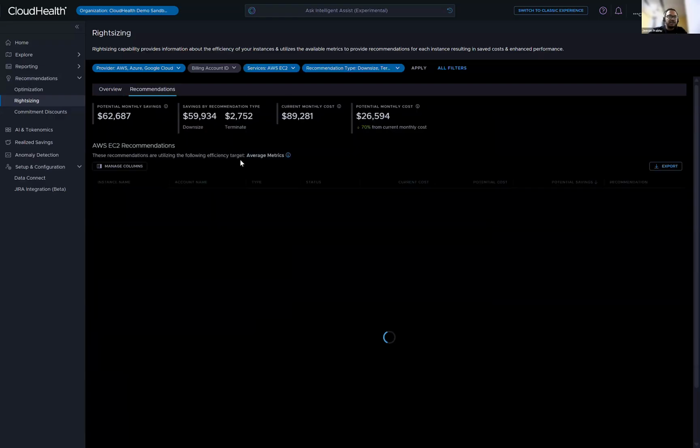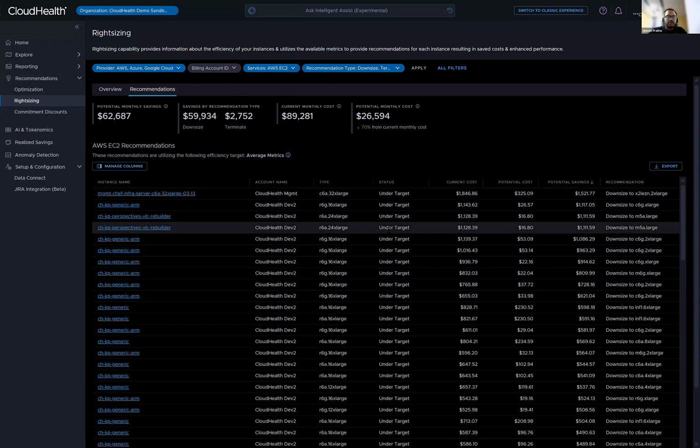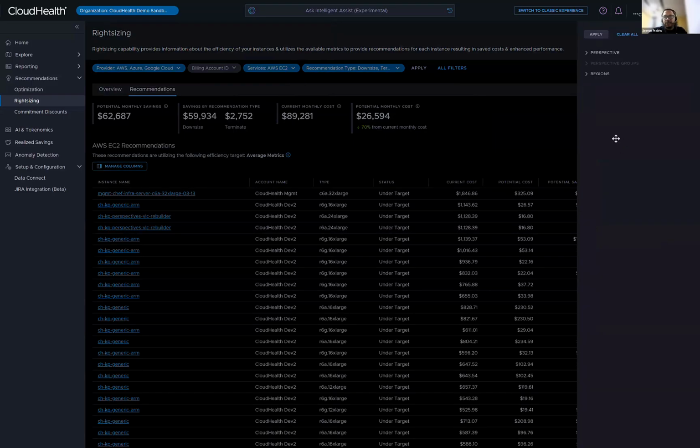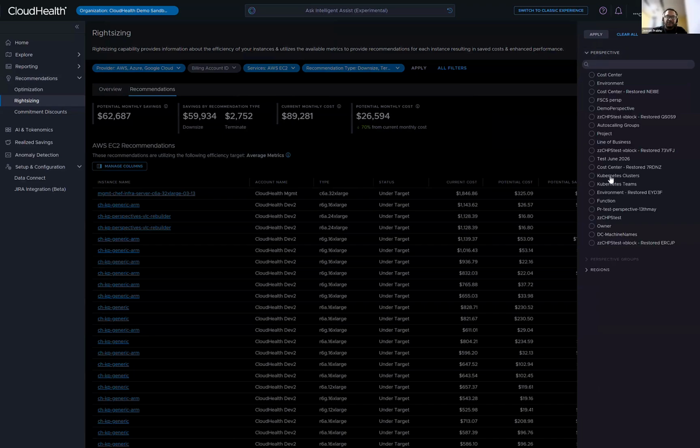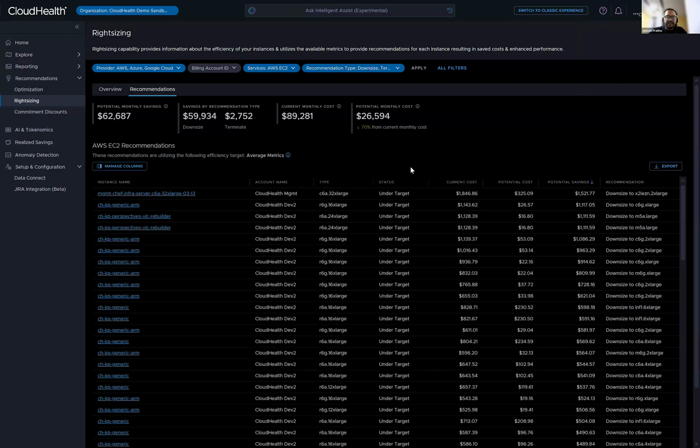And in the details page, you can see detailed recommendations, right? And along with all the context which you would like to provide, right? Like you can specify context of perspective, specific regions, right? So all those details we would provide.